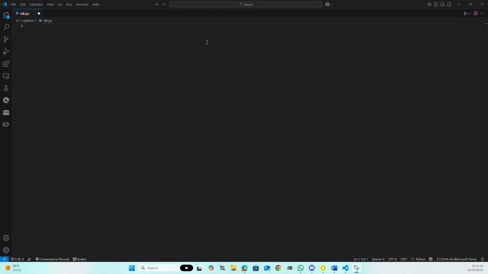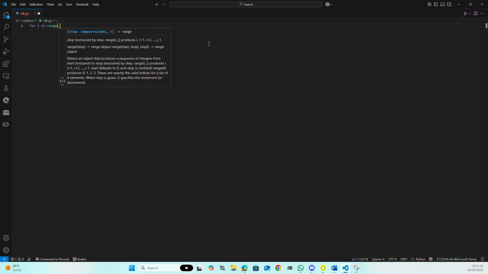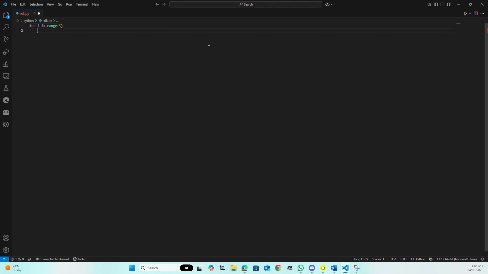So first thing to know is the basic syntax of a for loop. We start with for i in range 5, then print i. This is the basic syntax of it. Now when we run it,